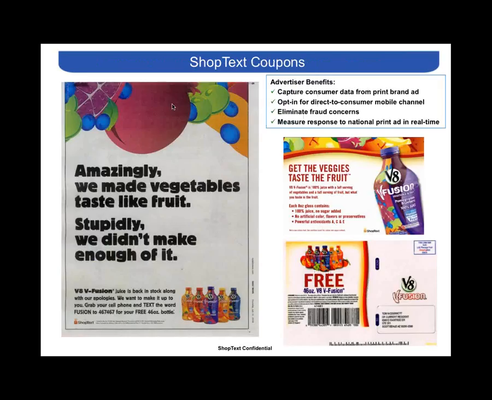So if you want to take a second to think about couponing and driving consumers to store and how it could actually be used for sampling. Imagine a consumer walking into the store to fulfill on a sample without you having to mail one. This is the kind of thing that's possible. Campbell's launched V-Fusion. They could have put a barcode in the New York Daily News, but had they done that for a free 46-ounce bottle, it probably wouldn't have been a very successful program because people could just photocopy it and go to the store.